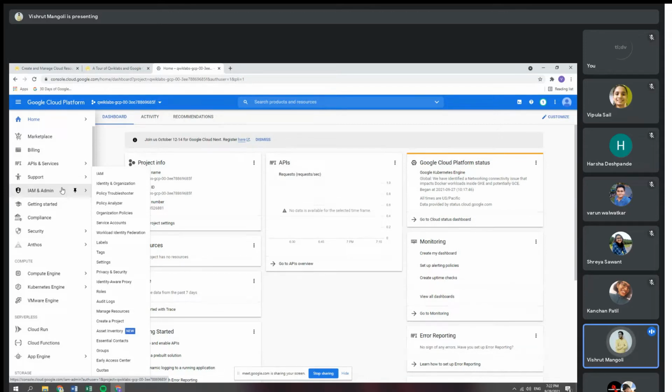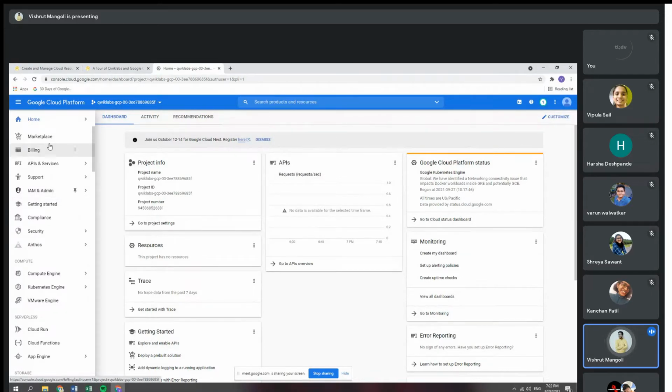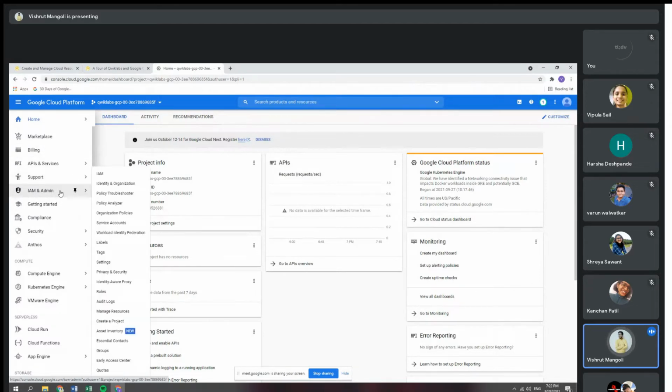So when you are in a cloud, it is not that only one person uses the cloud. A cloud is used by a whole company. So if we are in a startup, all the employees in the startup will have an account on their cloud. Now they might not be developing it, but some of the employees will be using it for billing. Some of them will be using it for creating resources. Some of them will be using it for data analytics as well as AI.